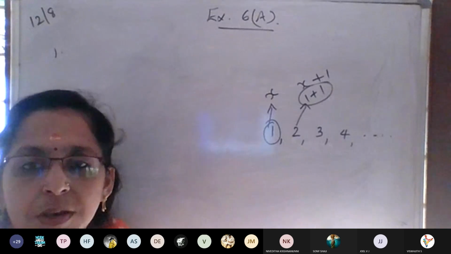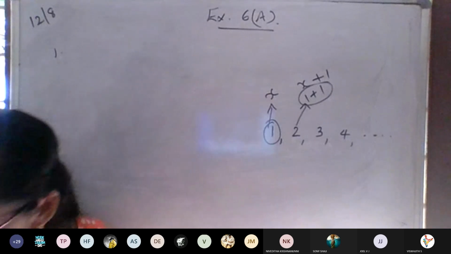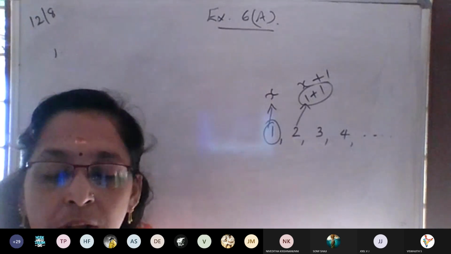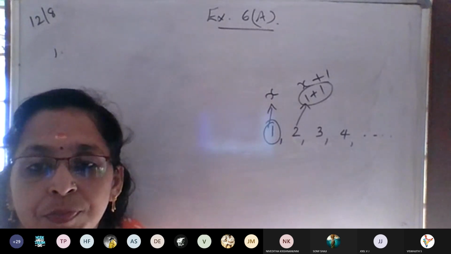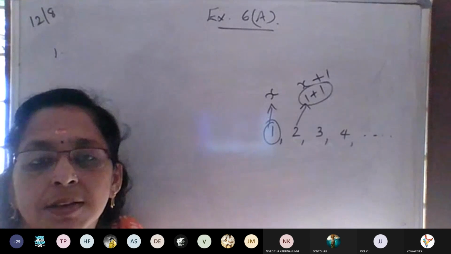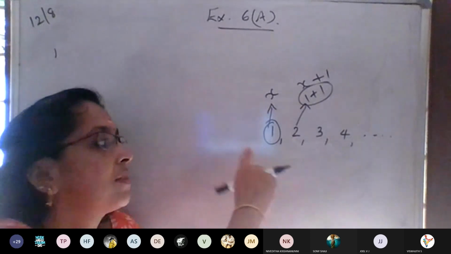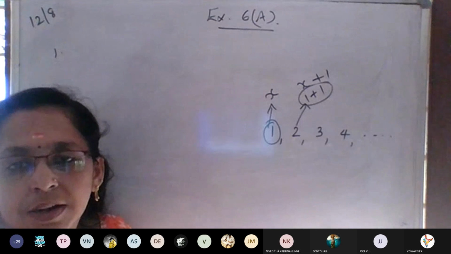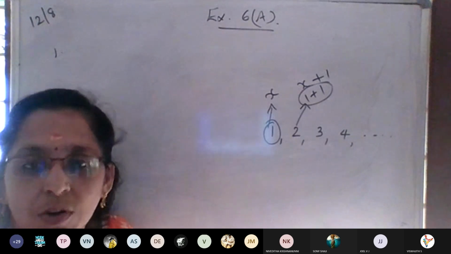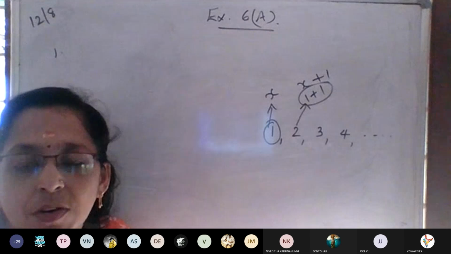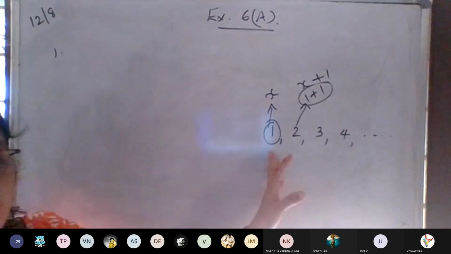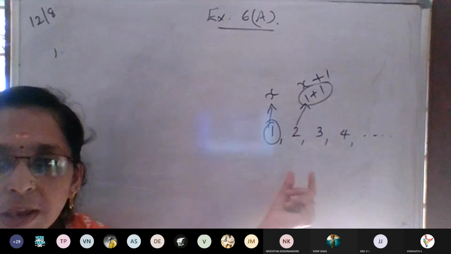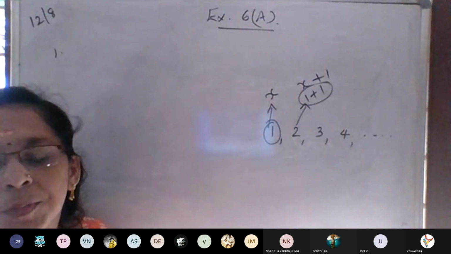Let the two integers be. We have to find the integers. Product of two consecutive integers. Consecutive integers means what? Consecutive means nearby integers, an integer next to another one. Two integers next to each other, 1, 2, they are consecutive integers. Then 2, 3, they are consecutive integers. So how can we find two consecutive integers? If one is x, the next will be x plus 1.